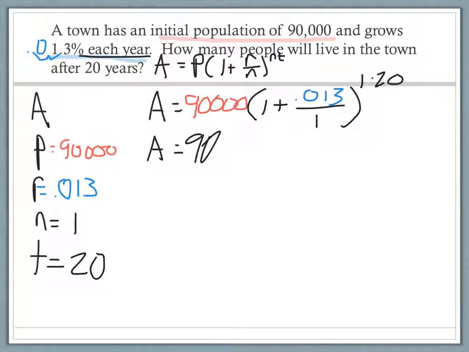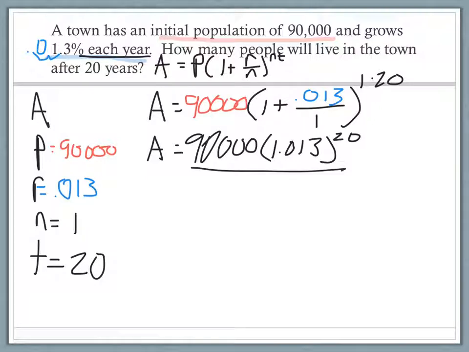So I have 90,000. And then 1 plus 0.013 is 1.013. I just did that in the calculator. And then 1 times 20 is 20. Now I'm going to put this in the calculator just as I see it, with the parentheses, and make sure that you raise that to the 20th power. So my answer is